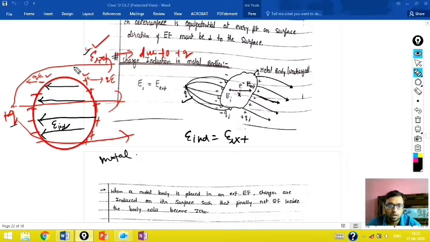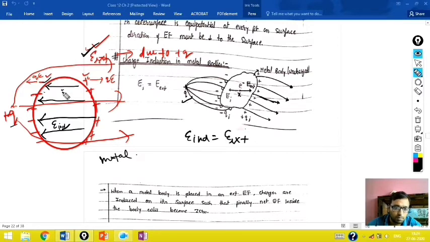Why? Because if you apply an external electric field, a large number of electrons will come to the left-hand side. We have no way of knowing how many electrons are sufficient or not. We have sufficient electrons in a metal, we know that very well. So the electron will experience a force.